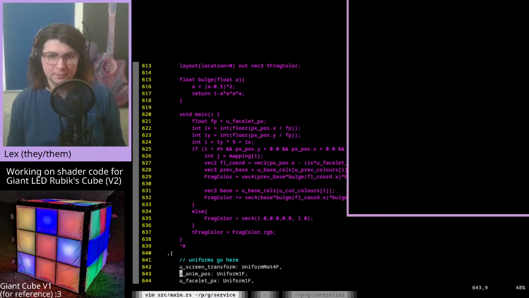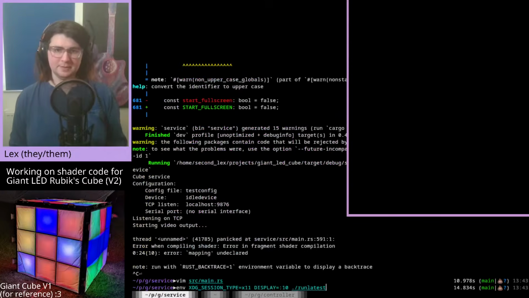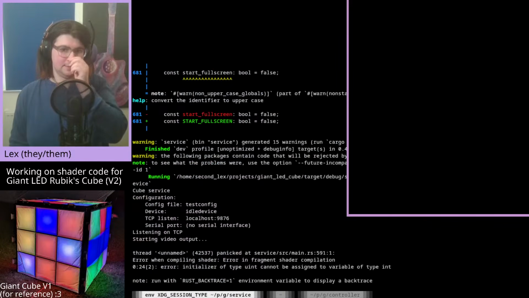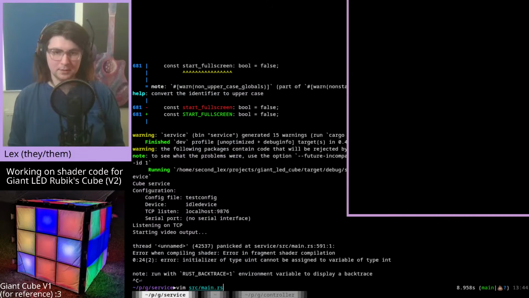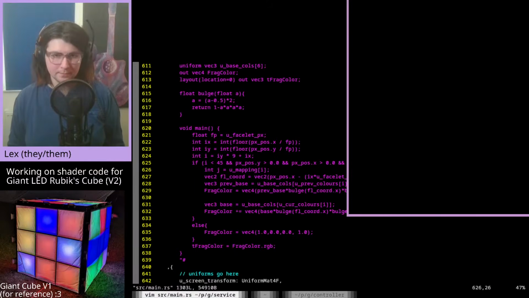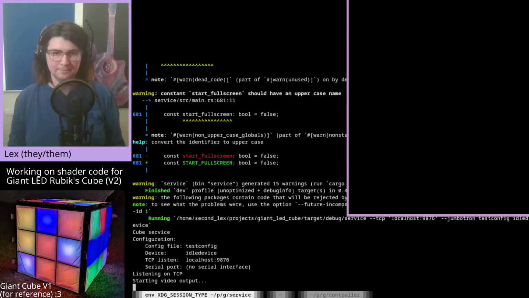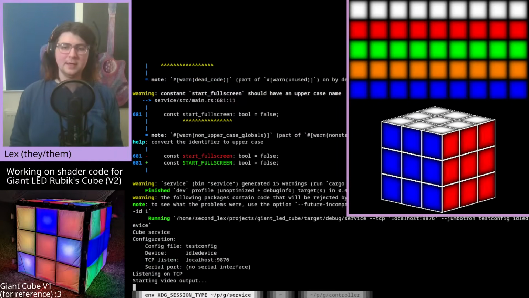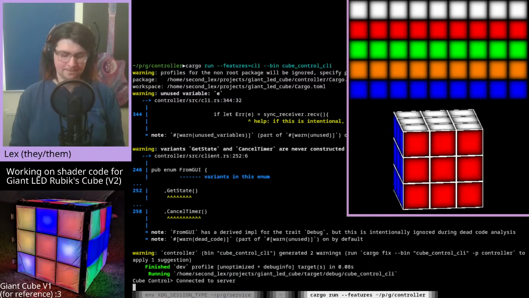Because it's called U mapping, not mapping. That's what it is. Okay. No, it's still wrong. Initializer of type uint cannot be assigned to a variable of type int. Let's make that a uint then. Yay! Okay, right. So now,